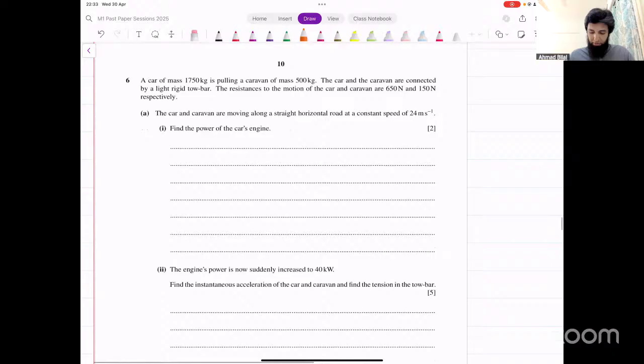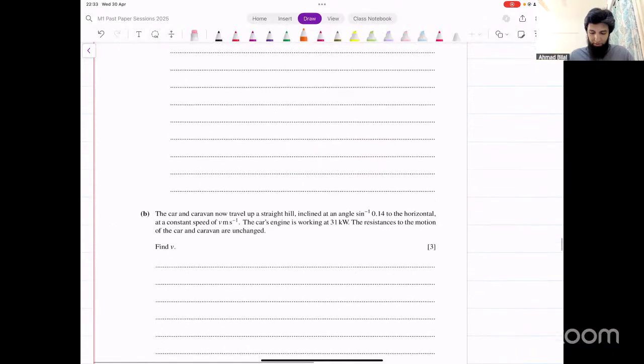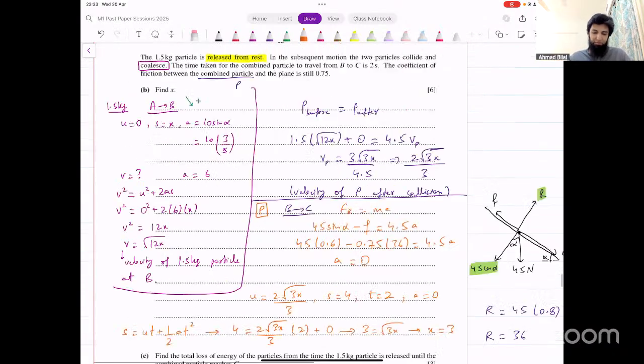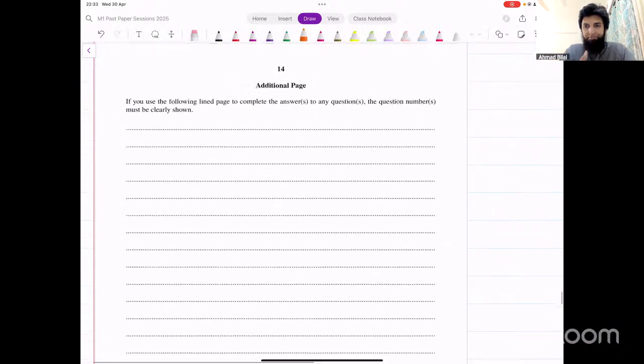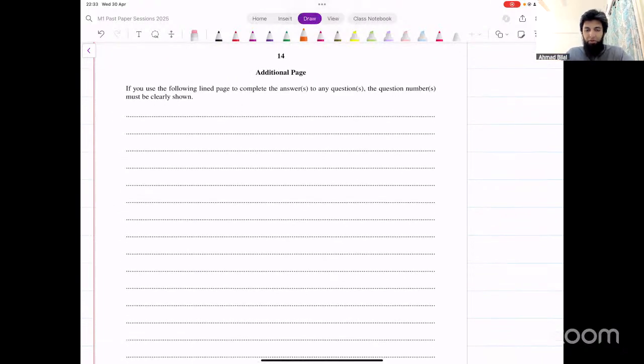Okay, this is not that difficult. Yeah, makes sense. 30 is understandable for this. So on Friday now, we'll be doing that paper that had the lowest threshold of all M1s that we have